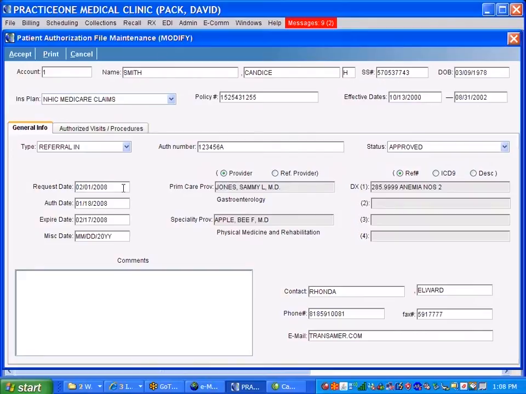Down here, we can also put any other comments. We can also put the contact of who we spoke to at the insurance company that's giving us the authorization. And then here we can have what's covered. We've created the system to cover all the different types of cases that you would have with an authorization. You can have an authorization cover a specific CPT code or CPT codes. You can have it cover